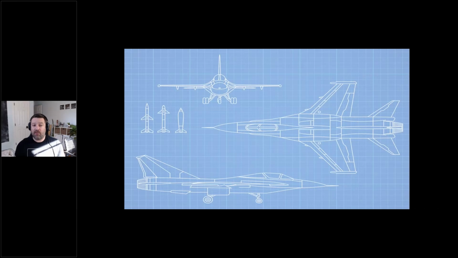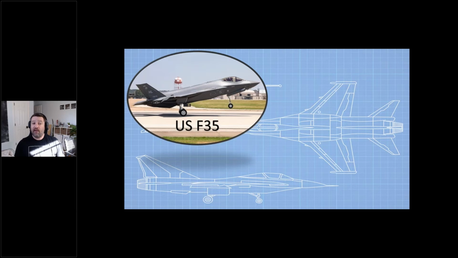One of those goods and services is the US F-35 strike fighter platform. The US F-35 was ideated back in 1995. So I want you to think about where you were in 1995. That is when this program started. There are over 1,400 different organizations that produce goods and services that directly tie into the production of the US F-35. And those 1,400 organizations, some of them are very large.